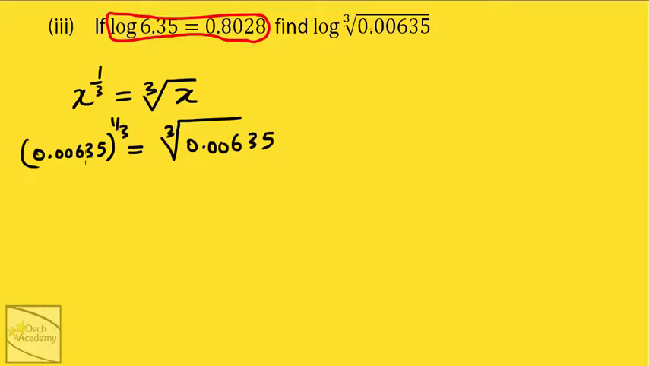So that's one thing. The next thing is, you can see 635 here, you can see 6.35 here. So why not just convert this to standard form? So instead of 0.00635, you can rewrite it as 6.35 times 10 to the power of minus what? 10 to the power of minus 1, 2, 3. 10 to the power of minus 3. So what we have is